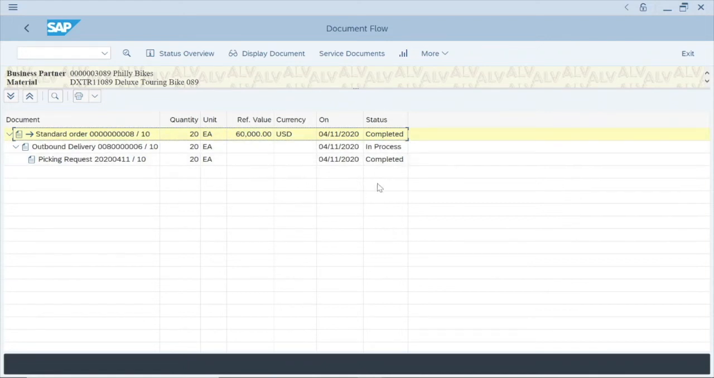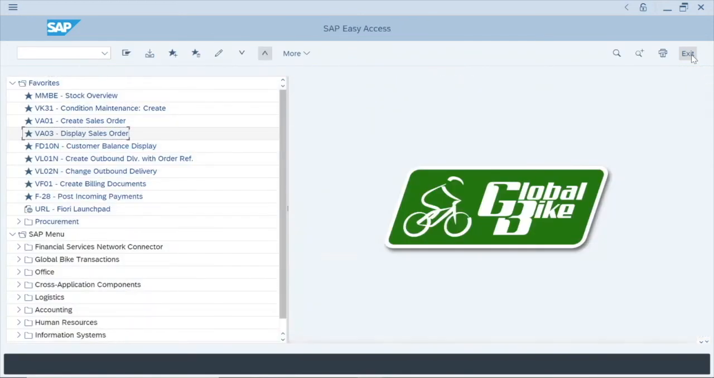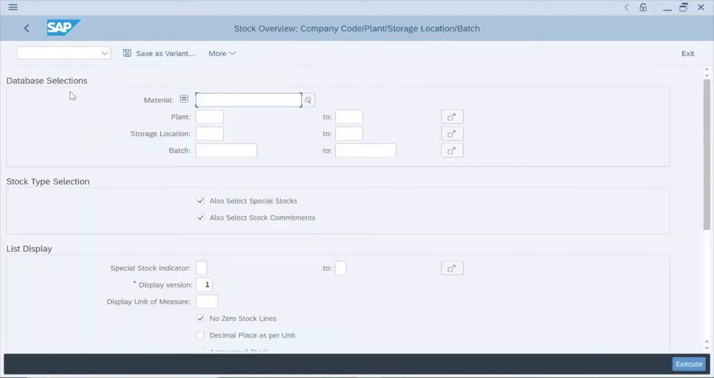So after examining this document flow, we can navigate back to SAP Standard Menu by clicking the Exit icon. And if we click it one more time, it'll bring us back. Now on to the second part of our mini audit. We'll want to go ahead and check the inventory of our DXTR Deluxe Touring Bike to see if there's been any changes. If we navigate to our MMBE favorite T code, we can once again type in our material identifier